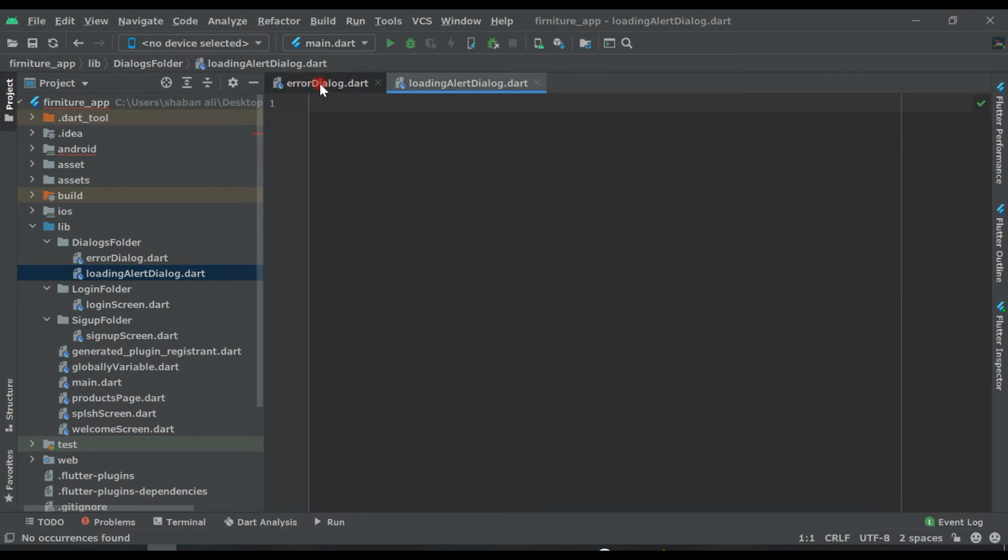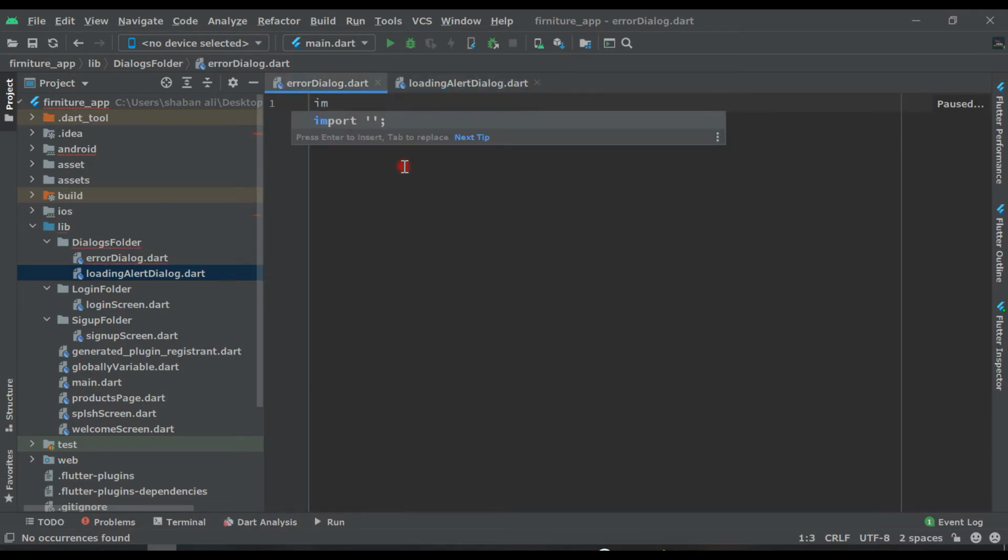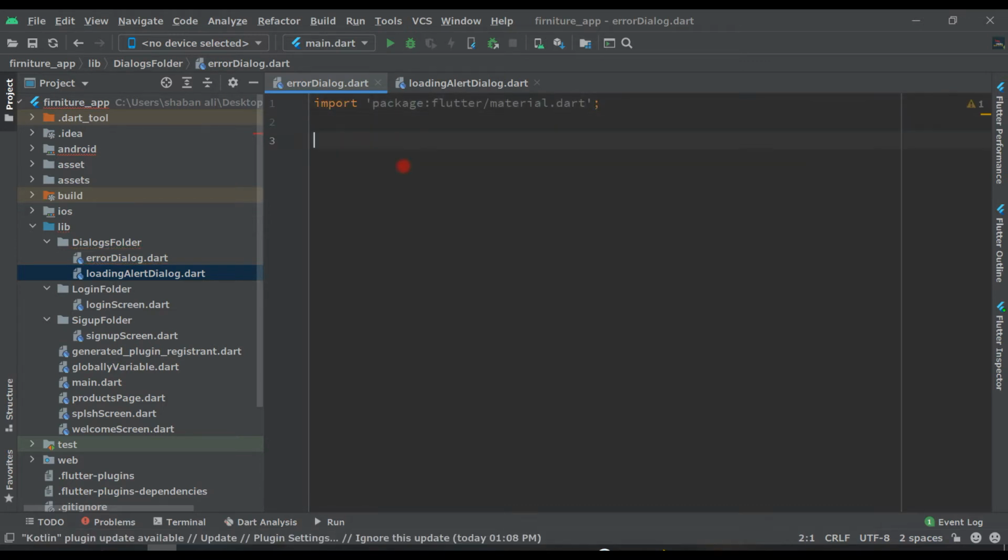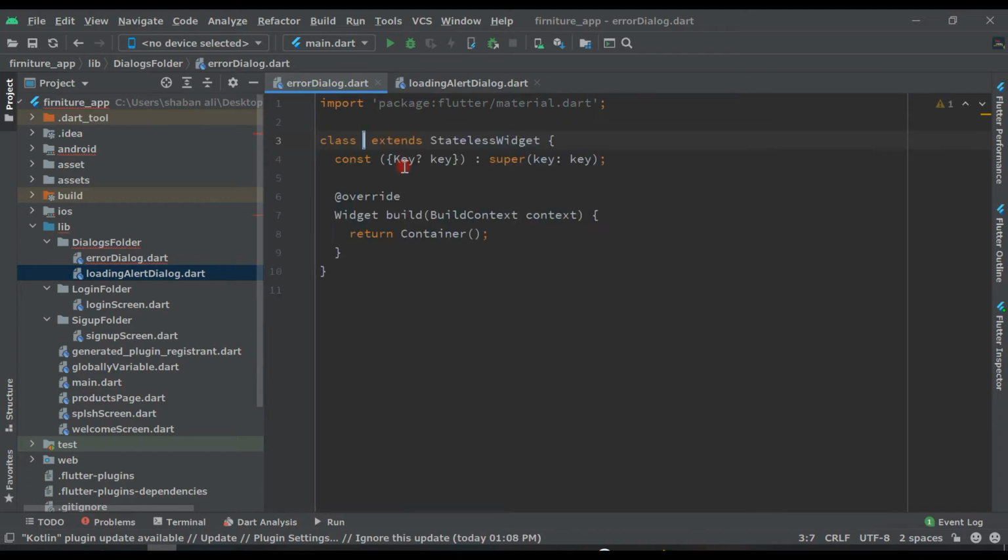So come here to the error dialog file, and first of all import material.dart, and here a stateless widget, and give it the name ErrorDialog.